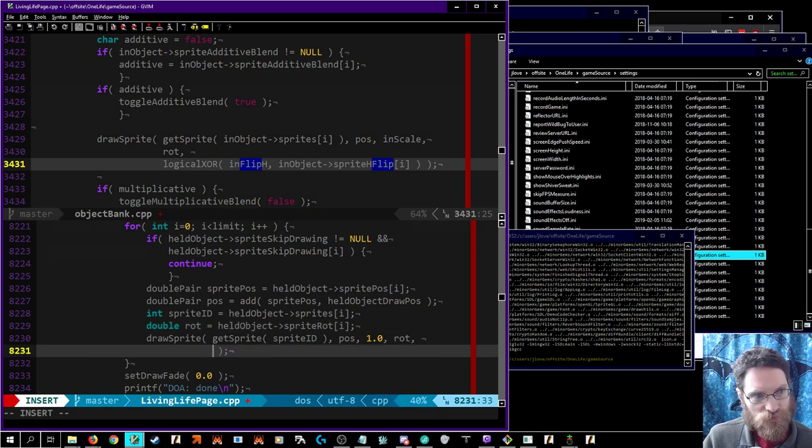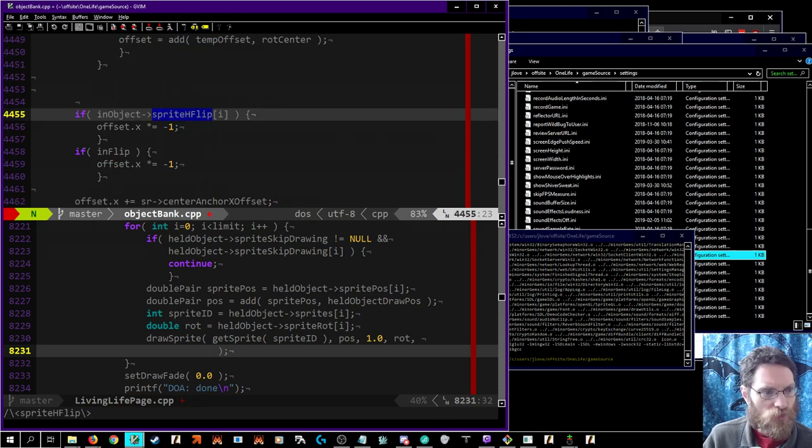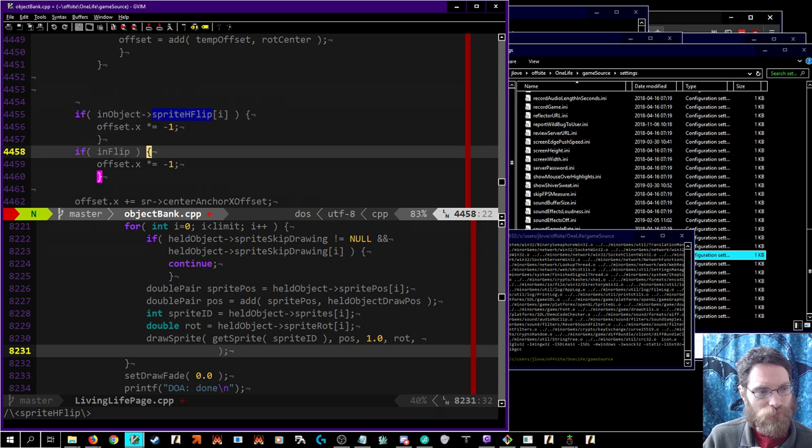This is just the sprite flip. If in object sprite flip, then if local flip,